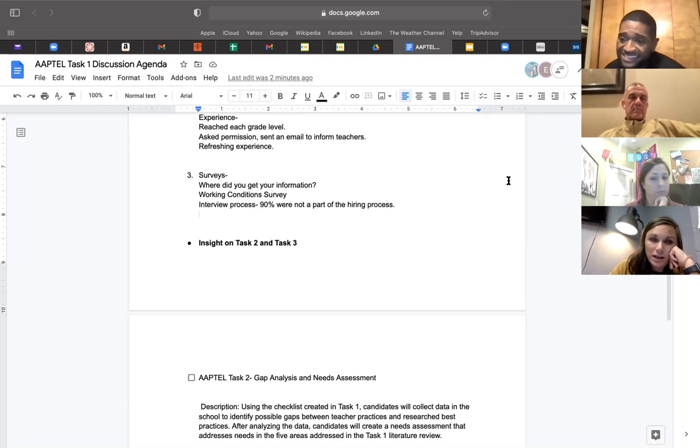Ours was actually, and I went back to our last year's survey just to see if it was consistent, and it remained consistent, that ours was much higher than the district and the state